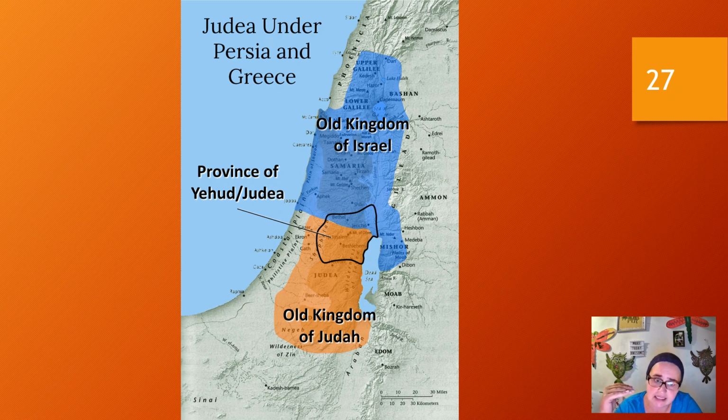In 586, the kingdom of Judah is taken by the Babylonians, and there occurs the Babylonian exile, in which the elite of the kingdom of Judah is taken into exile into Babylon, but they're returned by the Persians in 539 BCE, and they rebuild the temple in Jerusalem, and that becomes what we refer to as the Second Temple. And it is when they return under the Persians into the Persian province of Yehud that we really start seeing Judaism occur, and we